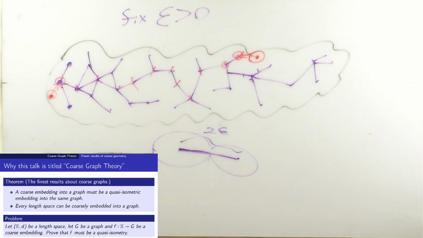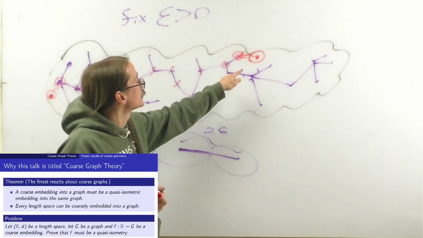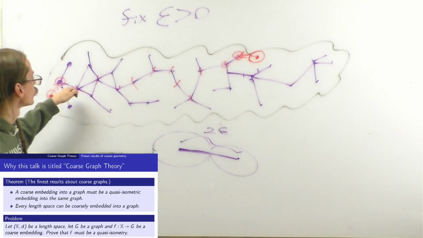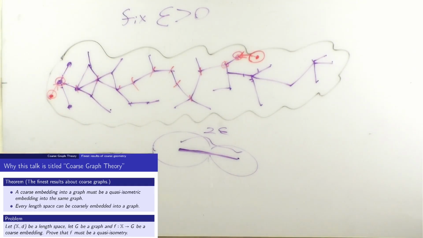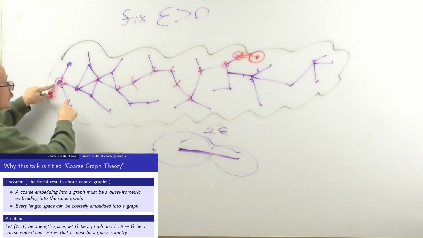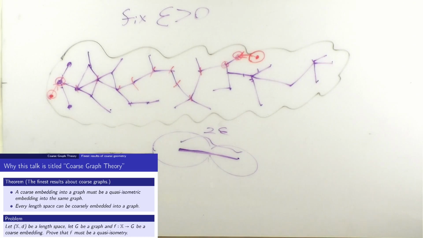Now, this is a length space, so shortest paths are also my metric in the length space. If there's a path in the length space substantially shorter than the shortest path in the graph,